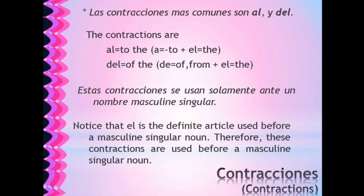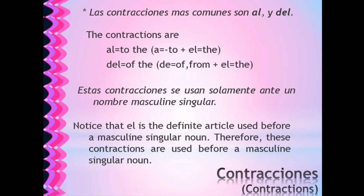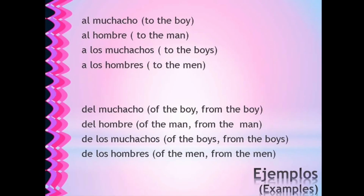Contracciones. The contractions are al, which means to the, and del, which means of the. It also means from the. Notice that el is the definite article used before a masculine singular noun. Therefore, these contractions are used before a masculine singular noun. Ejemplos: al muchacho, to the boy; al hombre, to the man; a los muchachos, to the boys; a los hombres,